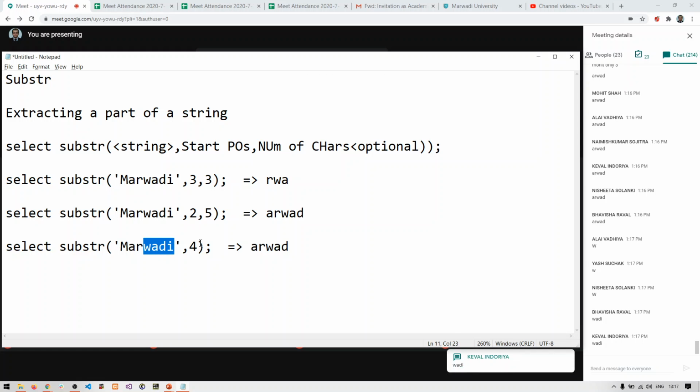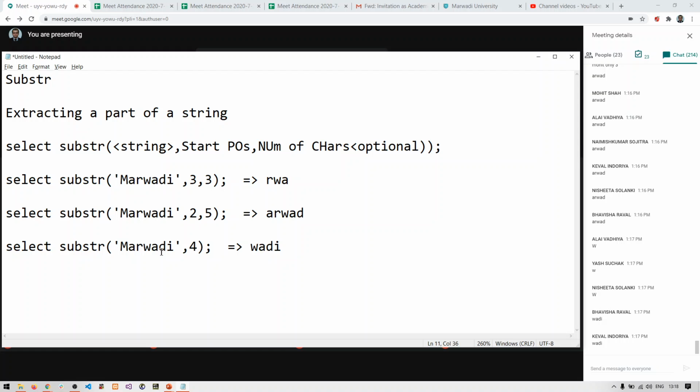If you are not giving the number of characters to be extracted, then it will extract all the characters from the starting position till the end of the string. So the answer will be 4 comma 0, that is, 4 comma nothing has been given.